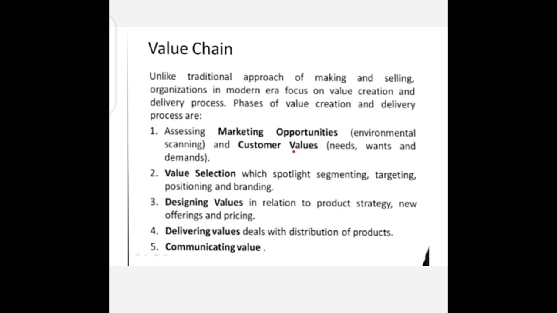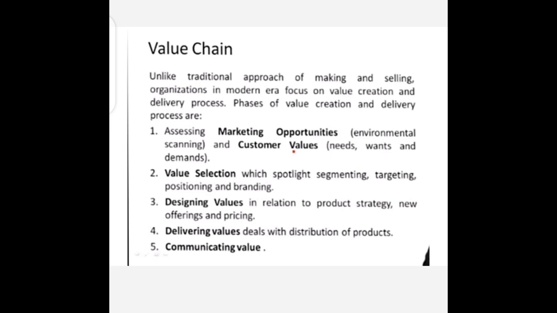Then we will select some value which spotlights segmenting, targeting, positioning, and branding. These segmenting, targeting, positioning chapters will be discussed later, but firstly, we will understand what the customers want, then we will select the value. Then designing values in relation to product, strategy, new offering, and pricing. Then we will deliver values, which deals with distribution of product, and communicate the value we are offering; this should be